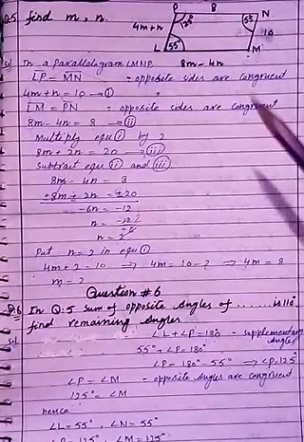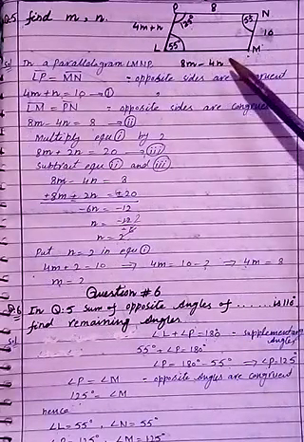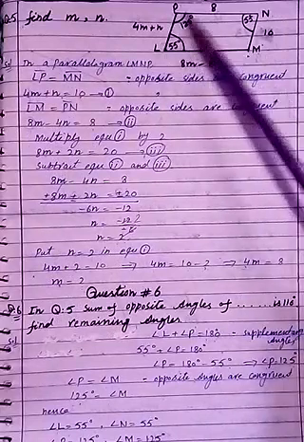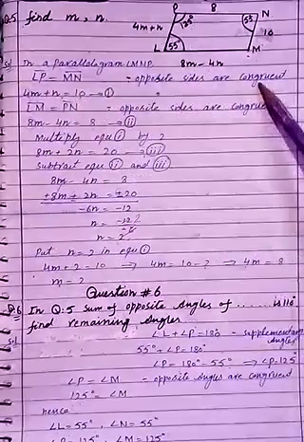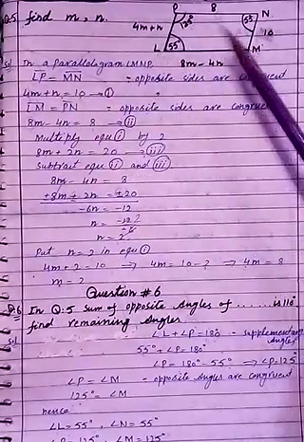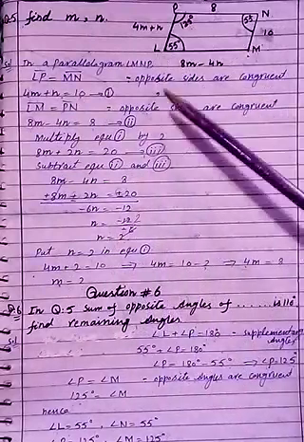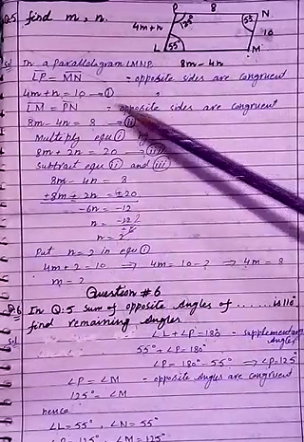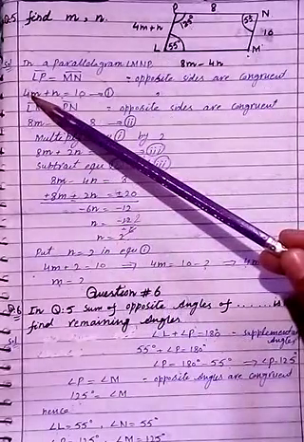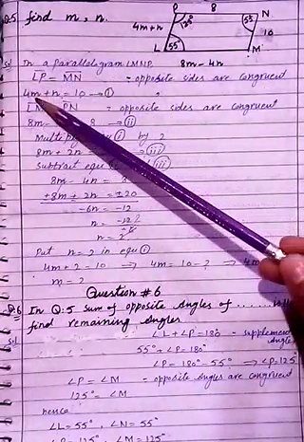Now question number 5. Parallelogram is used here. So now here you have to discuss sides. LP equals MN, so you can write the values. Opposite sides are congruent. Now LM equals PN. You have to get two equations by using these properties. Now you have to solve these two equations by equating the coefficient. Now the coefficient of m is 4 here and the coefficient of m is 8 here. So you have to make 4 into 8.